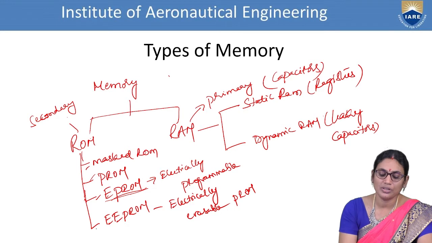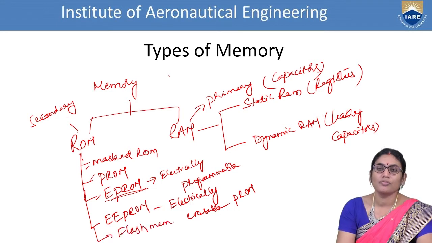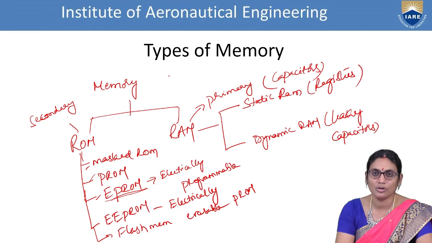And apart from this, we have the last option, that is flash memory. Flash memory is a drive or a simple storage device which handles the data in a fast manner, and it is used whenever you want to handle and whenever you want to rewrite the data. So something like EEPROM can also be called flash memory. Something like your USB sticks can also be called flash memory.